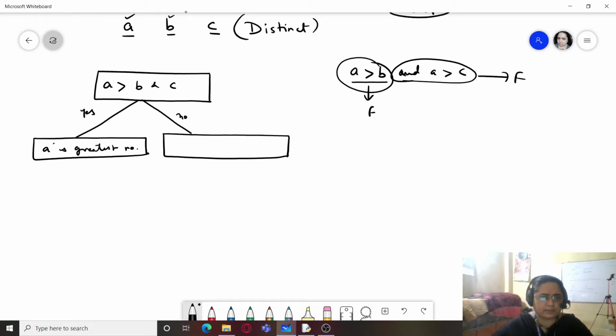Whatever be the condition, it is quite possible that over here we will be checking for B greater than A as well as B greater than C. So you can write B greater than A and C, or you can simply write B greater than C, because if this condition is false, we will only be checking whether B is greater than C or not. And if you get confused, for that purpose I have written you can also check whether B is greater than A as well as B is greater than C. So if this is yes, that means B is the greatest number.